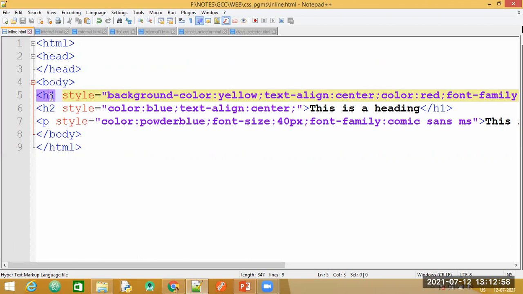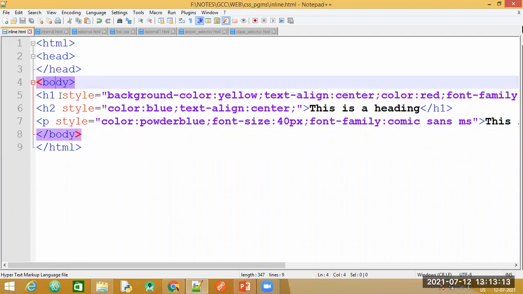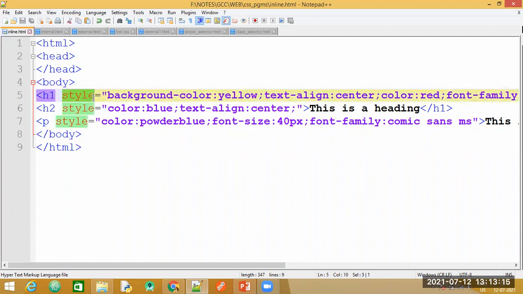So what is to be understood here is, when you make use of inline CSS, you need to specify it within your body tag or start from the body tag. We will not be specifying it in the head section. We will be specifying it in the body section. The style attribute should be used after the element for which you want to apply the effects. Here I want to apply the effects for my H1 element, so I have specified the style property. In the style property, within double quotes, you need to specify the property, colon, the values, which are separated by semicolons. So this is about the inline style sheet.